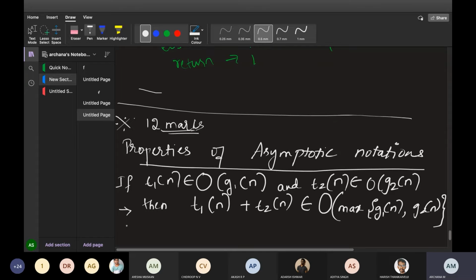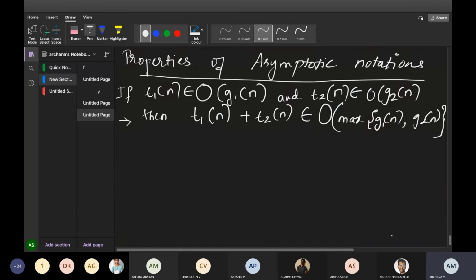Okay, and practically, where do we use this property in our normal algorithms? Let me give you a practical example. I'll take two different algorithms, which will have certain time complexity or space complexity. This is just an example where we will be using this type of property. Two algorithms will be there.